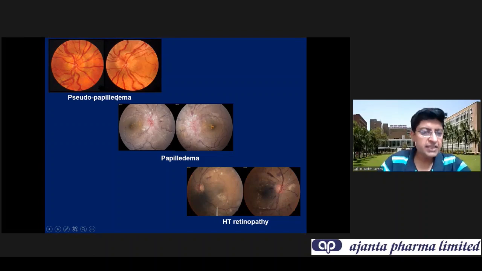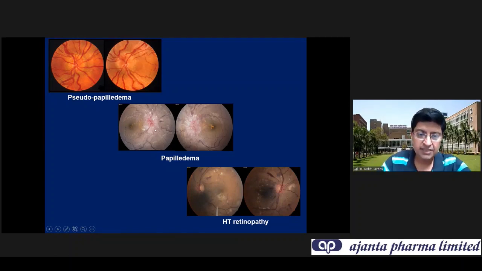We see this fundus and the patient is put through a lot of investigations: MRI, CSF tap, multiple investigations. If you see, the margins don't look sharp, but the vessels are very clear. There's no significant obscuration. There is no edema going on to the rest of the retina. And it's a small disc. There is no cupping. And the vessels you can see are very tortuous. So this is what we will see as pseudopapilledema. No hemorrhages, no exudates. Compare that with this, which is true papilledema.